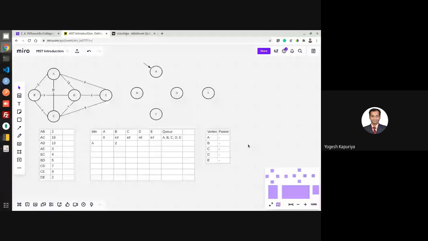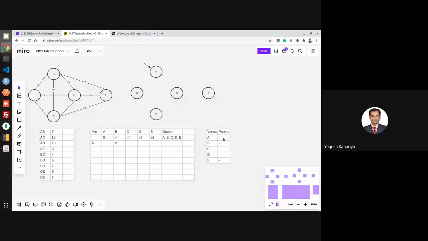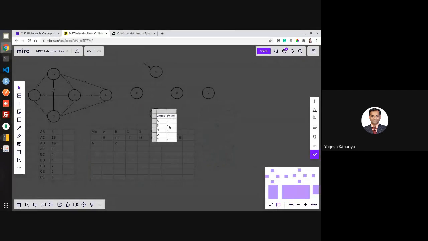So this is another data structure you need to maintain. Initially no vertex is connected, so your parent is set to null. Obviously the parent of the source vertex is always going to be null because it's the source vertex. Whenever you are updating any key value, you will also update its parent value.